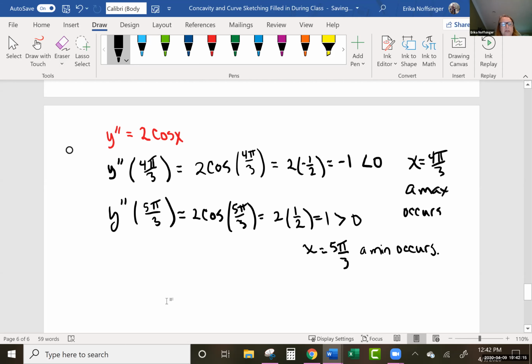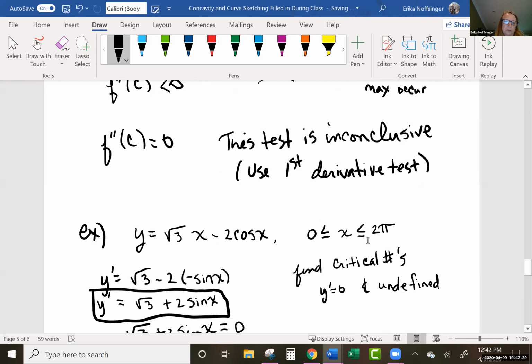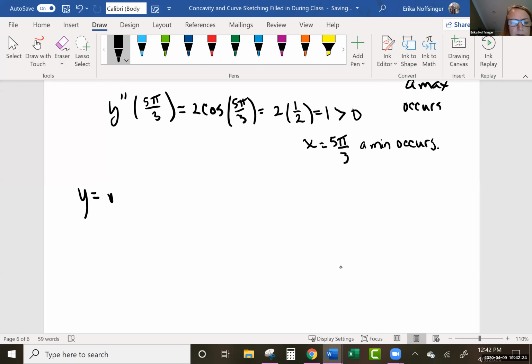And so we can figure out what those values are, but we have to go back and plug them back into the original equation. And so y was equal to root 3 x minus 2 cosine x. Root 3 x minus 2 cosine x. So if I plug in the 4 pi thirds,